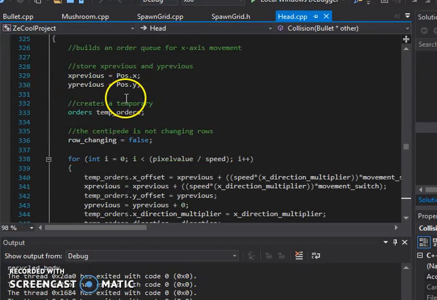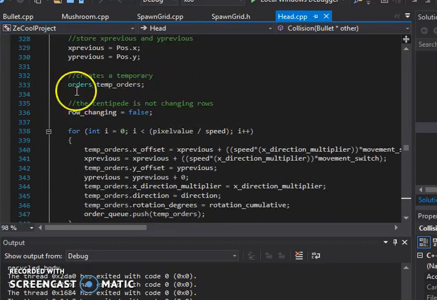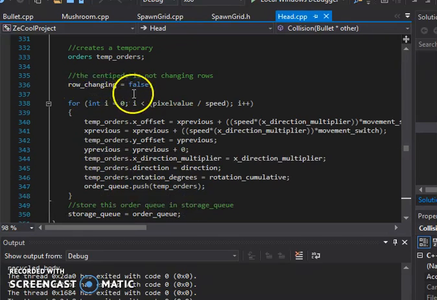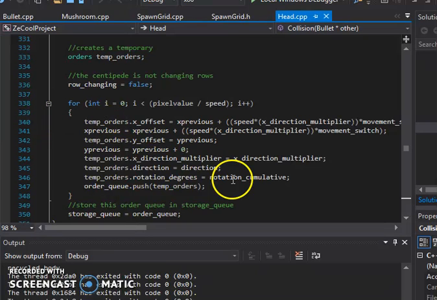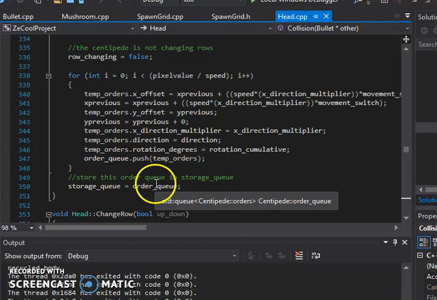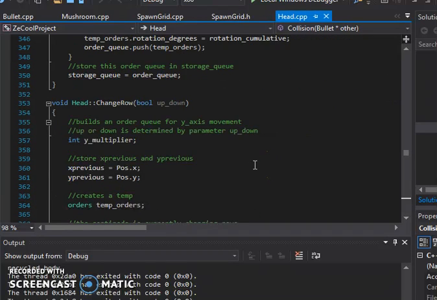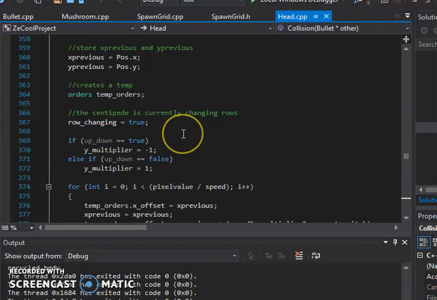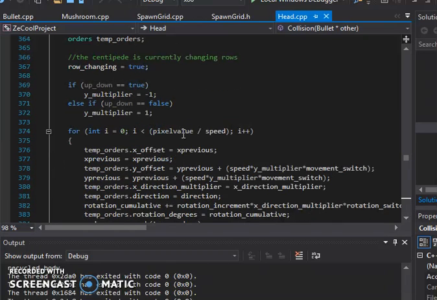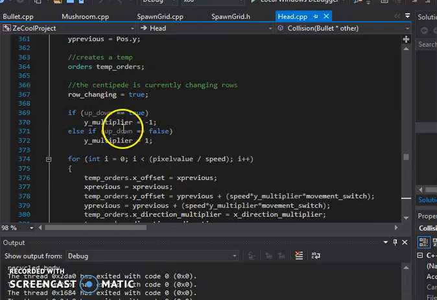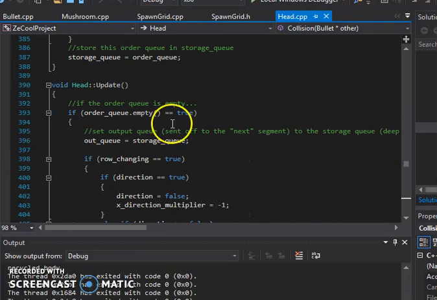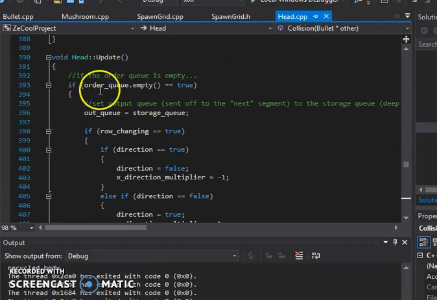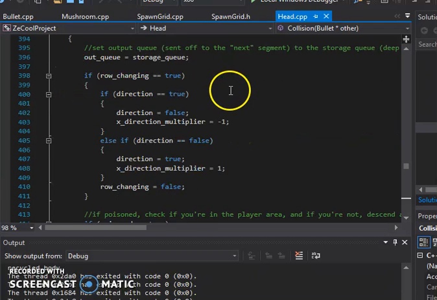Normal move, you've seen this before. Keep a previous, keep a temporary, have row change equals false, so you're not changing rows. Do all these calculations, which I know you hate, and then store it in the order queue. Again, I know you hate it. Row change is similar, but it does it only on the y-axis. And again, I know you hate it. Again, storing, update, I still haven't changed it. So if it's empty, you